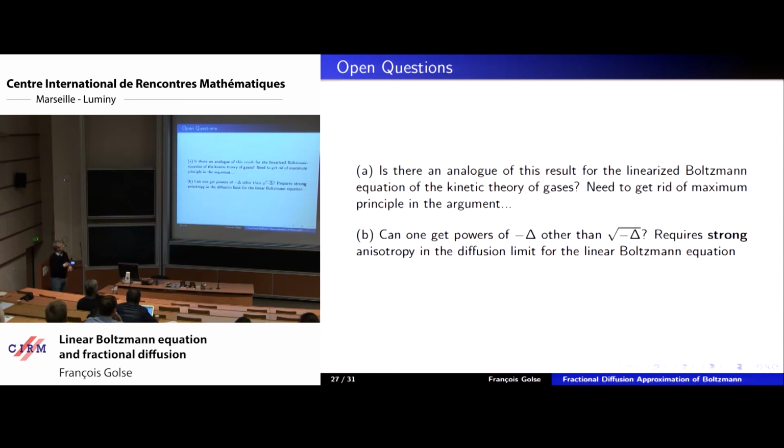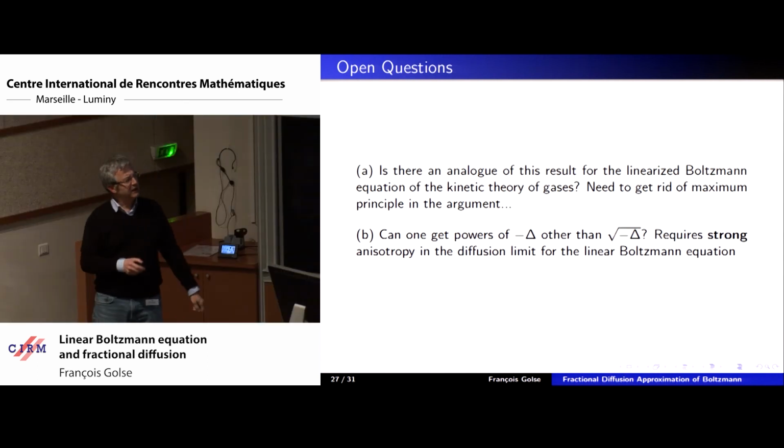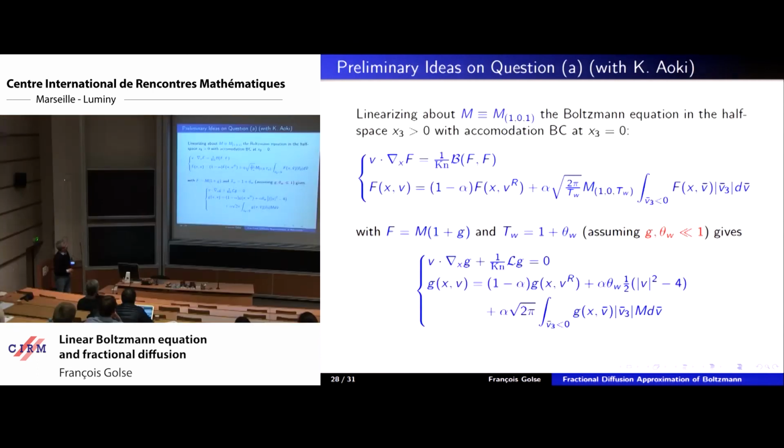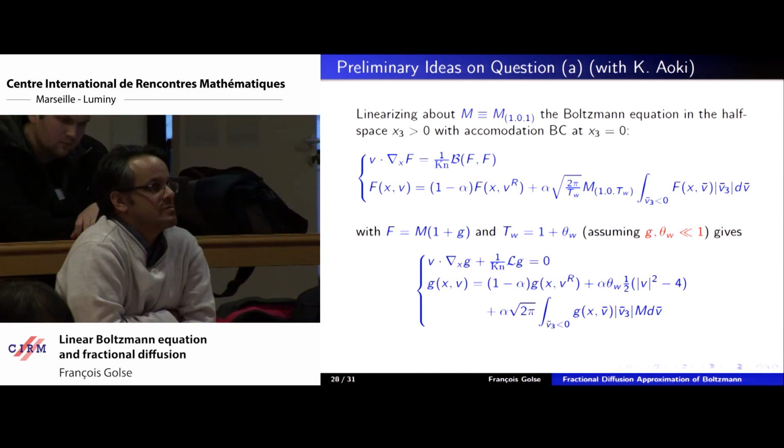That would require strong anisotropy in the diffusion limit for the linear Boltzmann equation. That would be a significant modification of the geometry of the scattering operator, so I don't know. Let me, however, say a few words about question A, which I've been investigating with my colleague, Professor Aoki